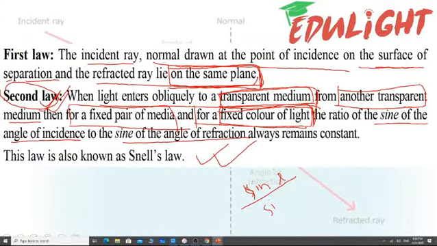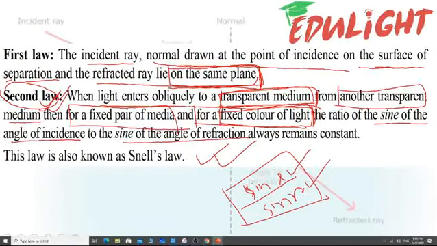What is the sine of the angle of refraction? Sin r. That means this is the ratio which has been stated in this second law. The ratio of the sine of the angle of incidence and the angle of refraction will be a constant, and this constant we will also be calling